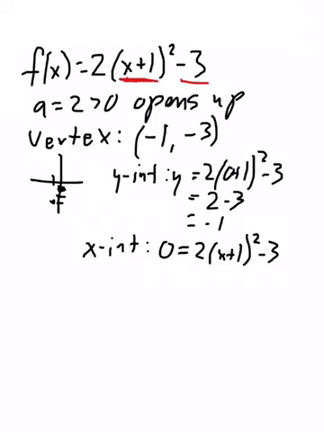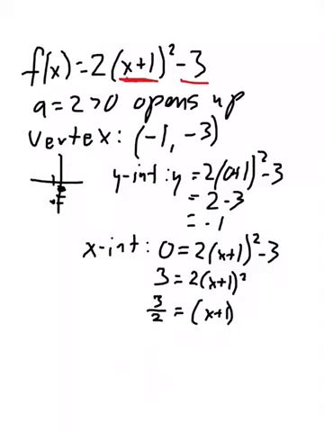We can solve for x. Because we only have that singular x term, I'm going to work to solve for x. So the first thing I'm going to do is add the 3 to the other side. I'm going to try and isolate the x term. I've done that here. Now that I've isolated the x term, I'm going to try and isolate the factor with the x in it, so I'm going to divide by the 2, so I'm going to get 3/2 is equal to